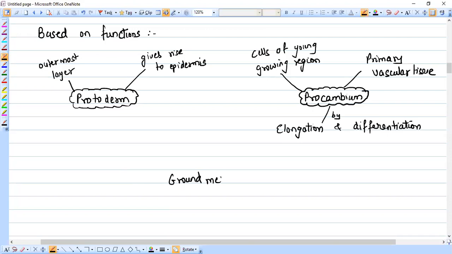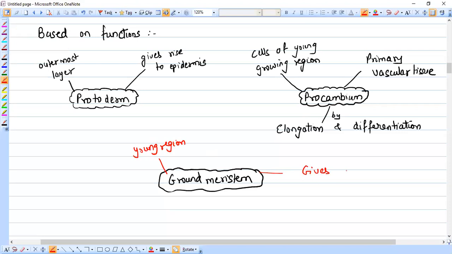Ground meristem means if I take any stem, how the cells of the stem are arranged, from the epidermis to all the parts till the center, that becomes your ground meristem. So ground meristem can be seen in the young region, and this ground meristem gives rise to certain parts. The parts that ground meristem gives rise to, very first will be